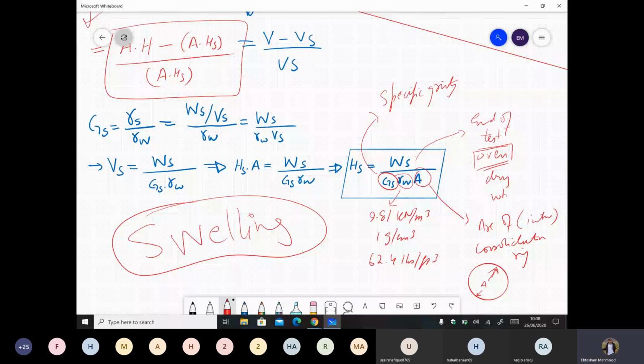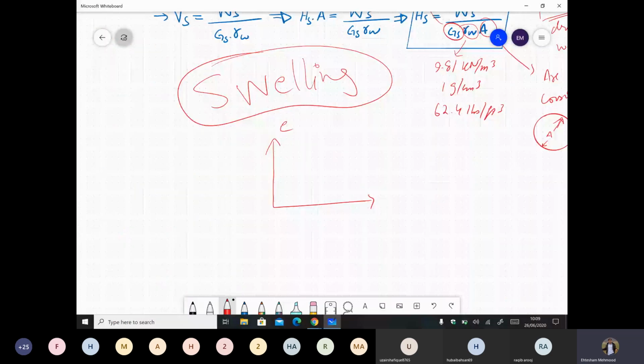if you look at the chart of, let's say, the e-log P curve, E and log P. Once we load the soil, the curve will reach this point, and then when we unload it, it will reach like this. In field testing, what we do is two cycles of loading. This red colored is loading and the blue color is unloading. Then we also reload the soil once again, and it will form like this.